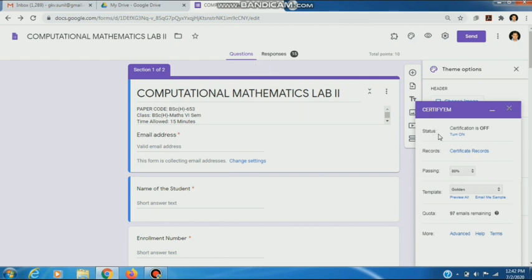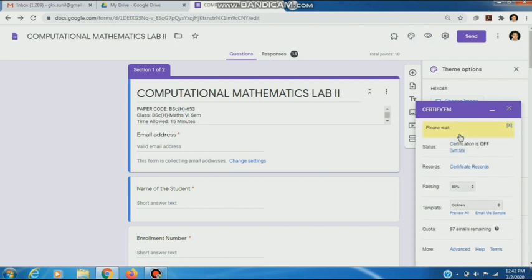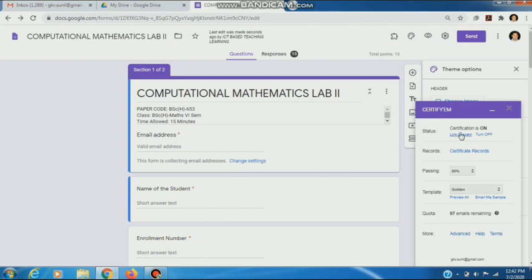First of all, we see the status. As we can see, certification is off. First we turn this on. Now certification is on.